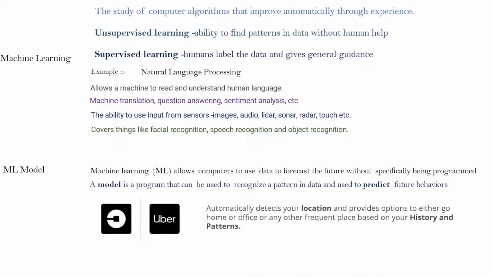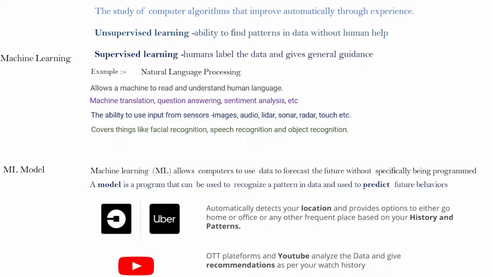What would be your expected cost and all. So these kinds of suggestions, it is predicting that you will be choosing the destination. And how does it get that information? It's not reading your mind, it is just analyzing the historical data you used. If you have visited your office from home, it finds that detection and the pattern in data. So this is the real meaning of pattern in data, and from that pattern of data it is actually predicting.